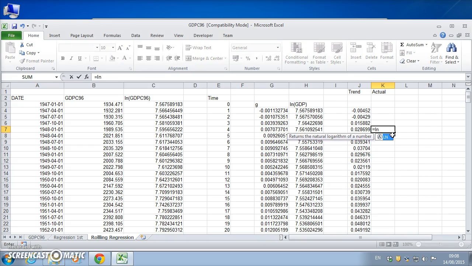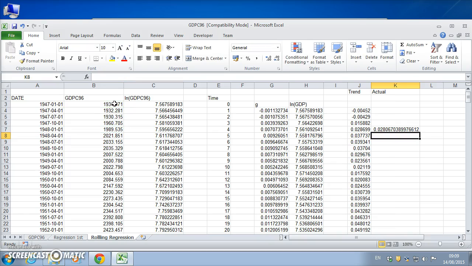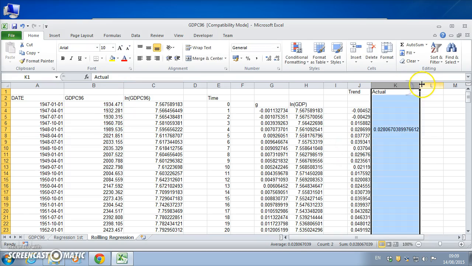One way of estimating growth is to take the log difference, the log of 1948 minus the log of the first observation of GDP level, so ln 1947, and close brackets. Okay,